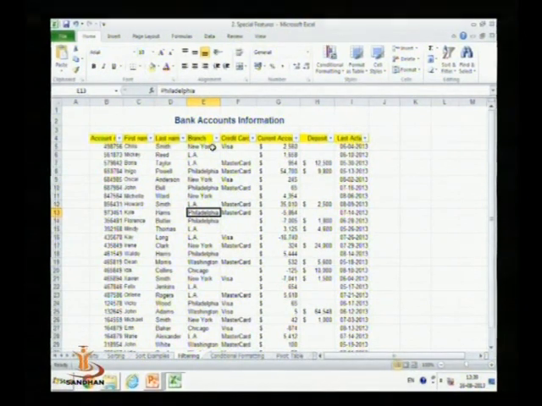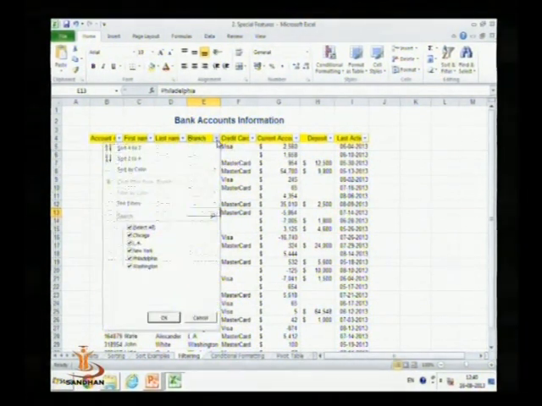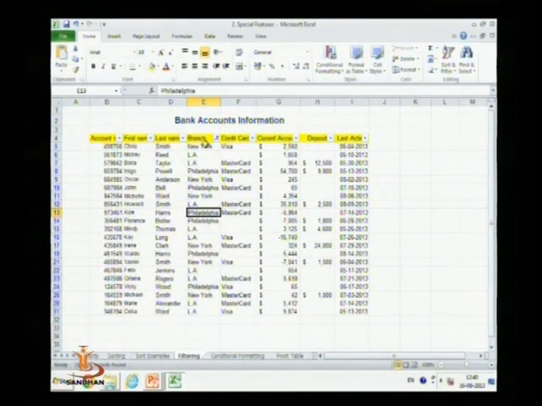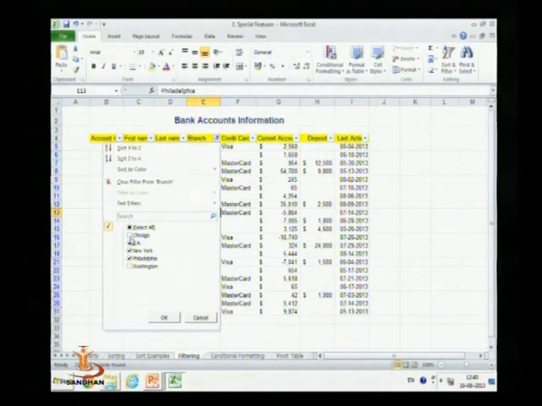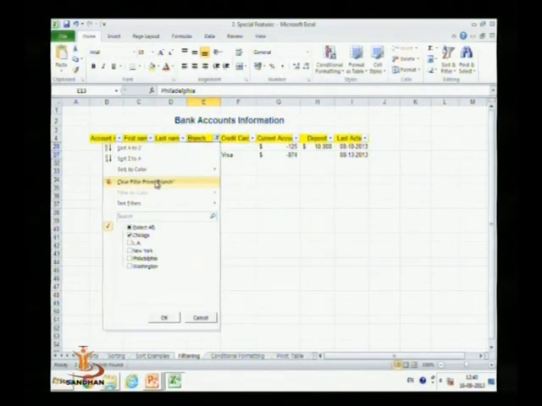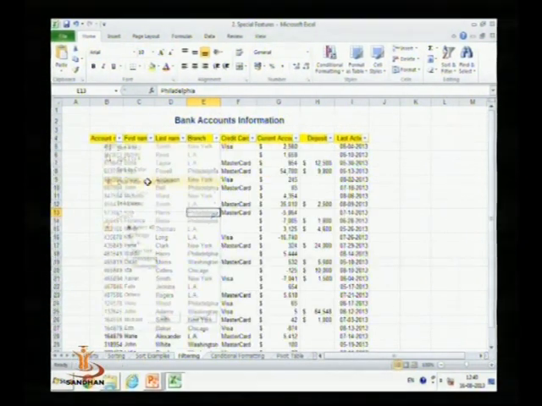Now suppose we want to select branch wise. So here unselect all, and suppose we want the list of those who are in branch 2 or branch 3. So here this 3 branch data will be filtered. Suppose we want only Chicago and not all, so this will be unselected. We can see the data of only that branch that will be filtered. We can remove the filter by clicking and selecting remove filter from the branch.